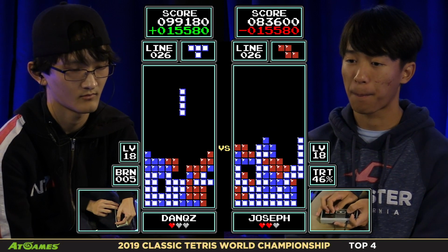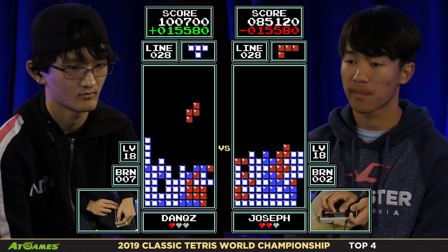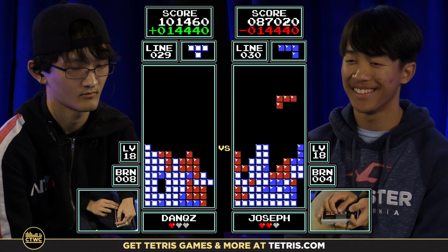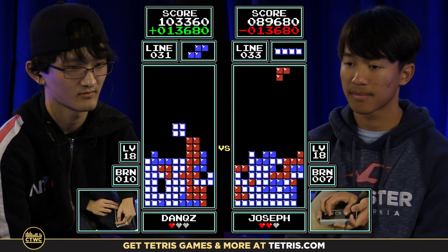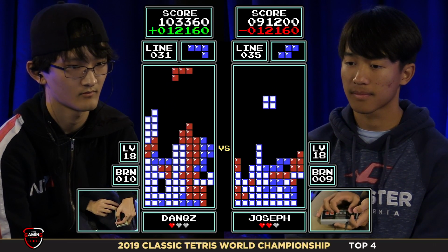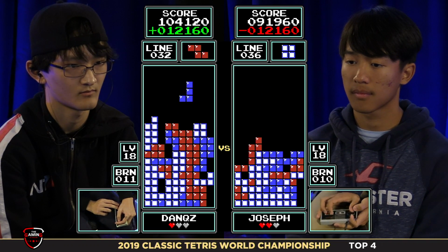And a dirty Tetris. Oh, my God. One of the dirtiest of the day that we've seen from Joseph. Wow. And Dan dealing with some trash of his own he's got to clean up. And yeah, Joseph so far hasn't been able to quite dig out of this hole here. But to be honest with you, because Dan Q hasn't been able to get a lot of Tetrises himself,